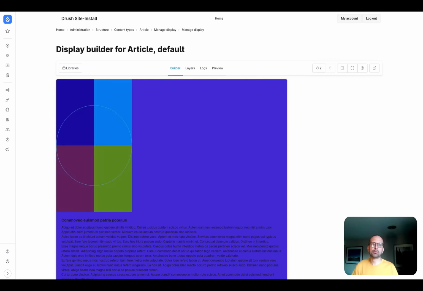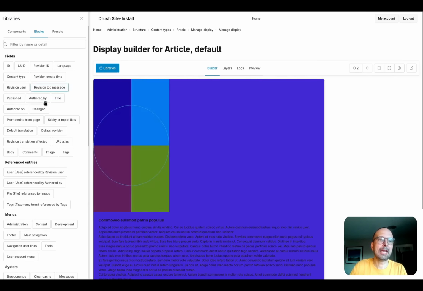Let's finish this video with the nice features related to the field API. So as you've seen before, every field is a block because there is a field formatter. You can pick the one you want, and it's a renderable, like in Layout Builder. But you can also use the field API in props.